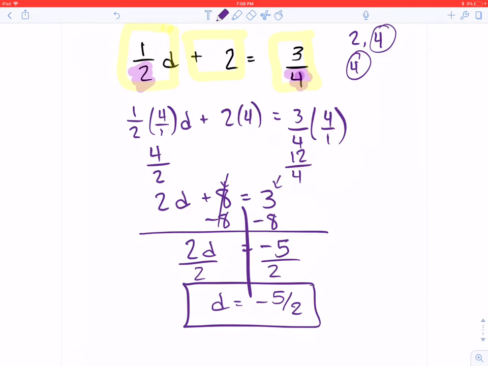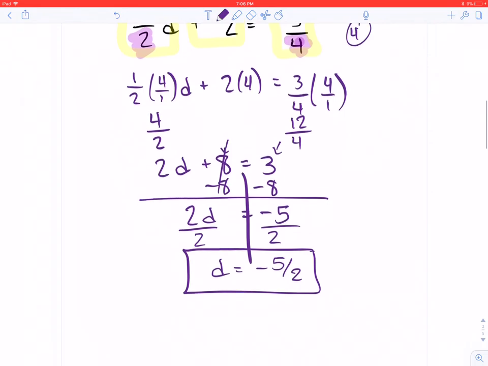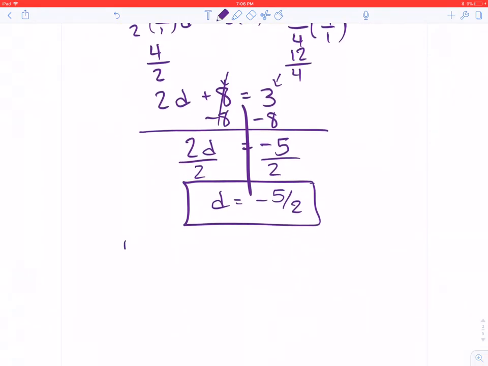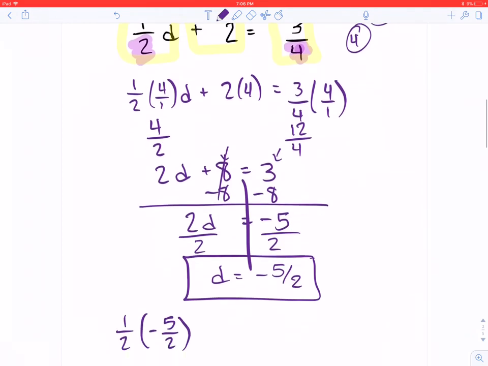And I could plug it back in to check. So I could say my question is 1/2 d, but instead of d, I'm putting in negative 5/2. And then I have plus 2